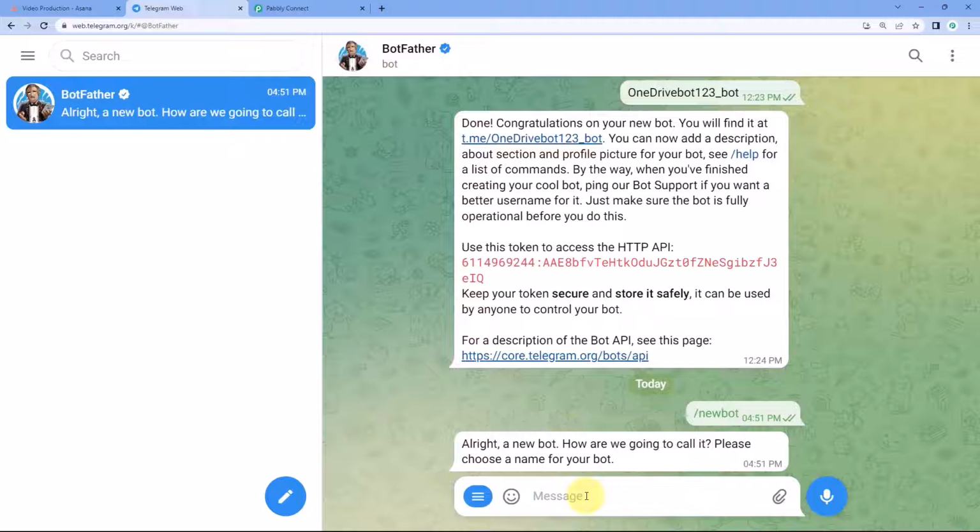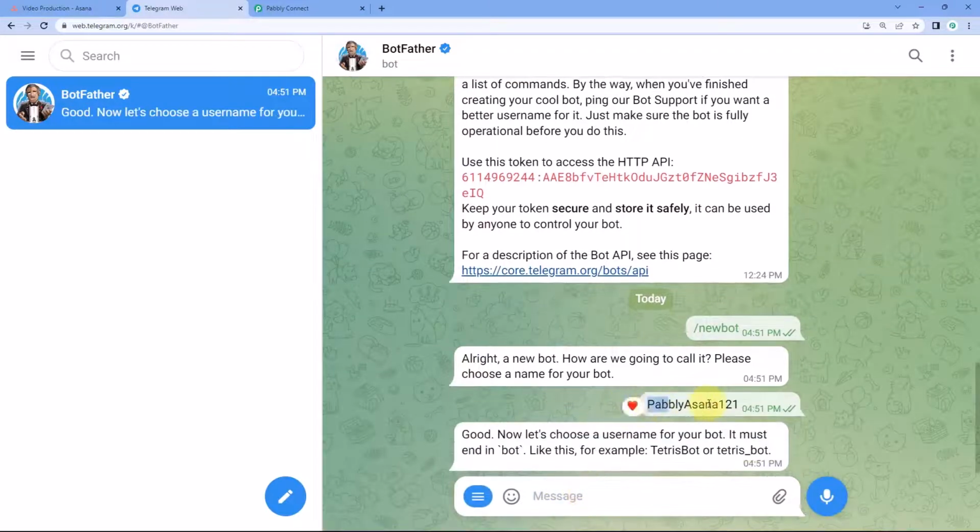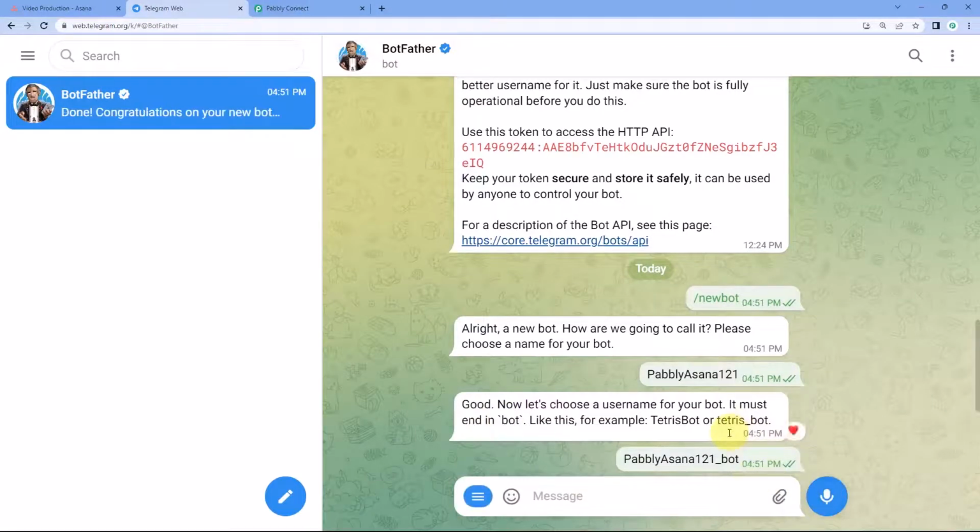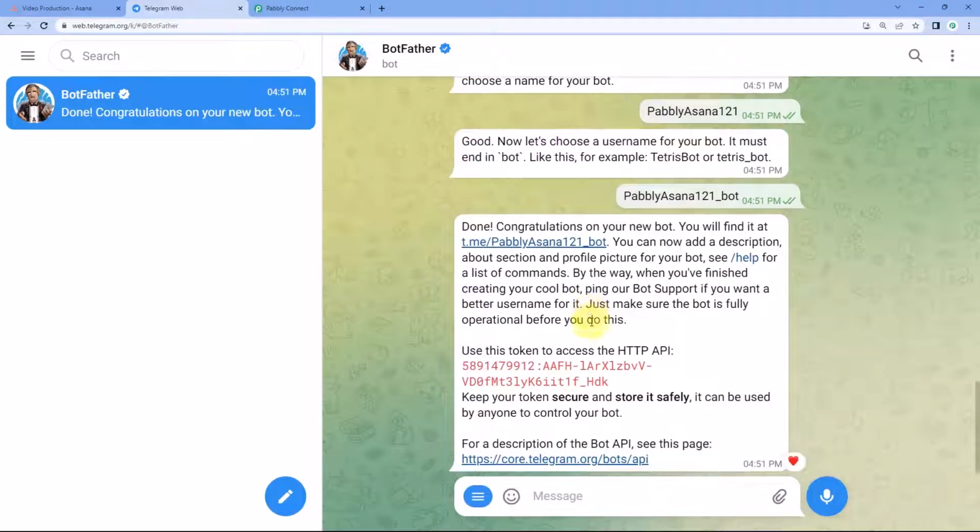For example, I would like to name my bot as Pabbly Asana. This is the name of the bot which I want to give, 121. And then after naming it, we also have to enter a bot username, a unique username. And in that username, we have to enter _bot over here. So I will be using the same name as the bot name as the username, and I will enter _bot over here with it, and then just send it. And after this, you can see that using BotFather, just now we have created a new bot in our